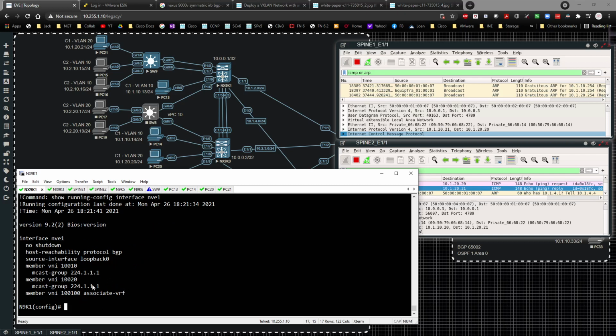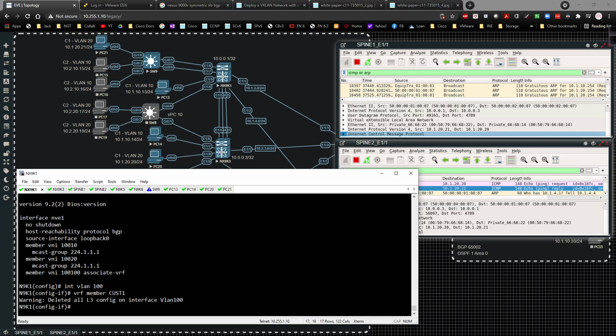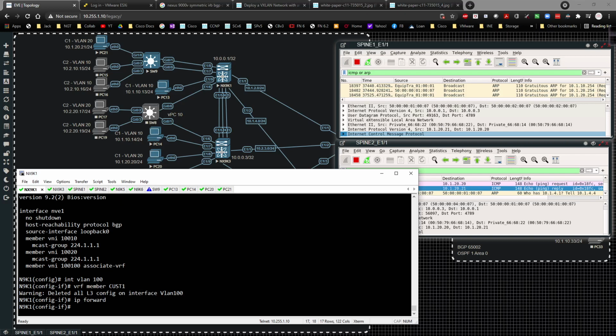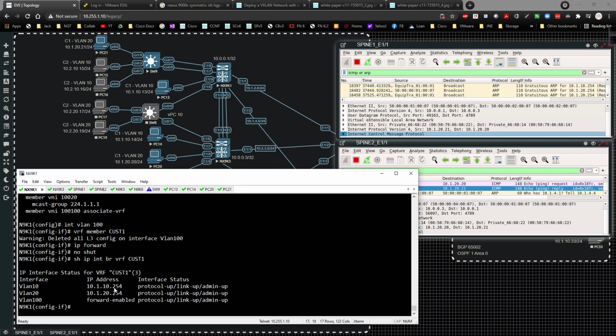Now, the reason why this is going to work is it's not specific to the NVE configuration here, but where it does come into play is we have to create a VLAN interface for VLAN 100. So underneath interface VLAN 100, we're going to type in VRF member is going to be customer 1, and underneath here we're going to specify IP forward, and then we're going to no shut it. So we're going to do a show IP interface brief with VRF customer 1, and we can see that for 10.1.10 and 10.1.20 that they're both up and running,